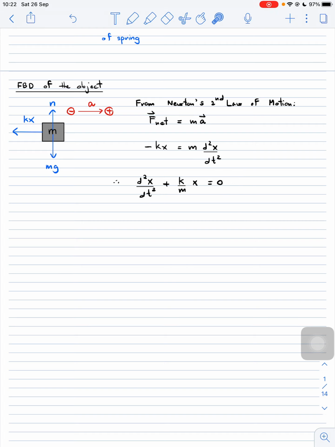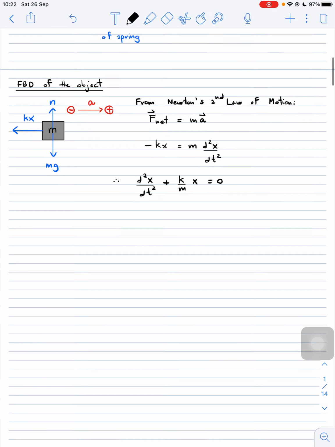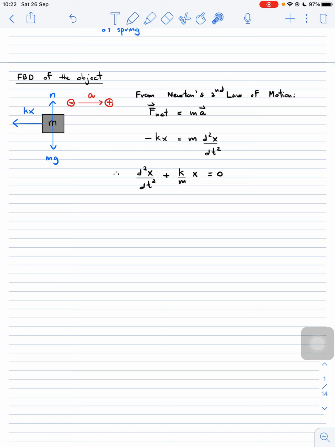Now we want to find the solution, I mean x as a function of time, from this equation. The technique to solve this is called second order differential equations. We need to guess what? We need to guess that x(t) equals A times sin(omega t plus phi). So let's guess that the result of this differential equation equals this function x,